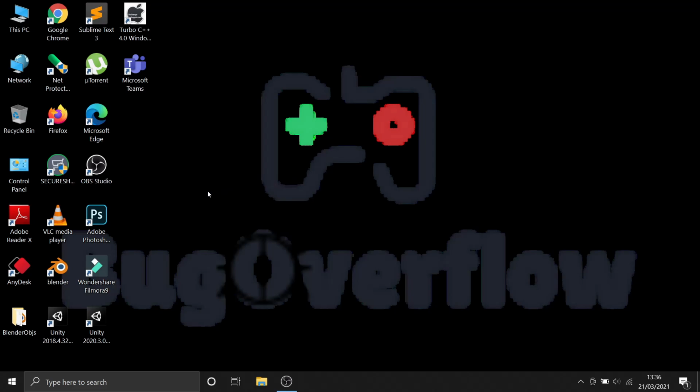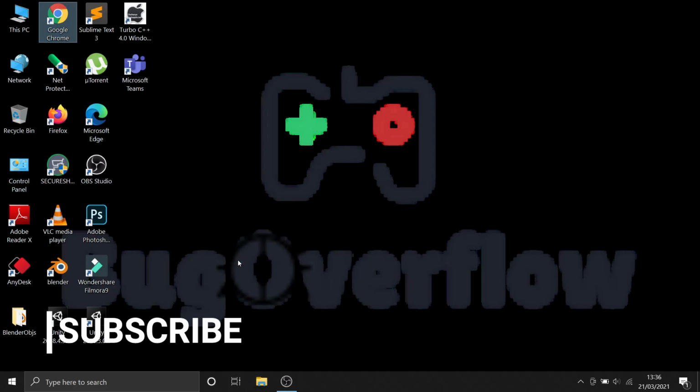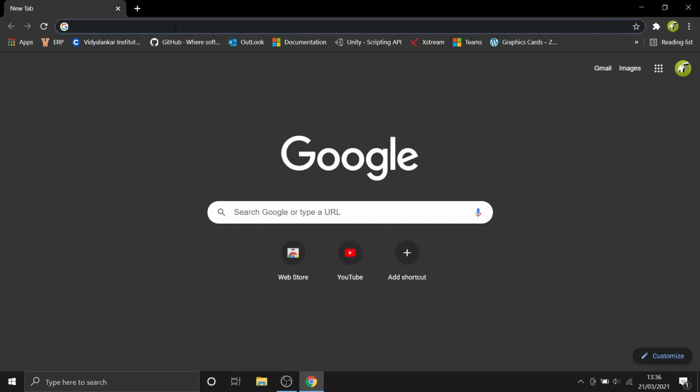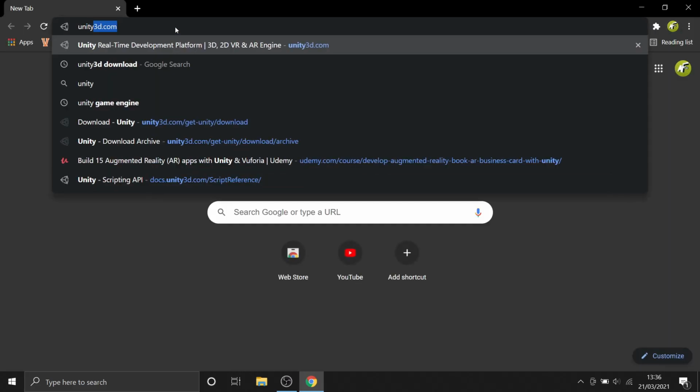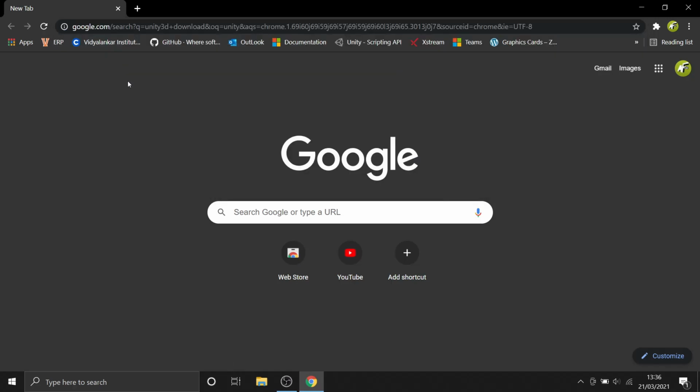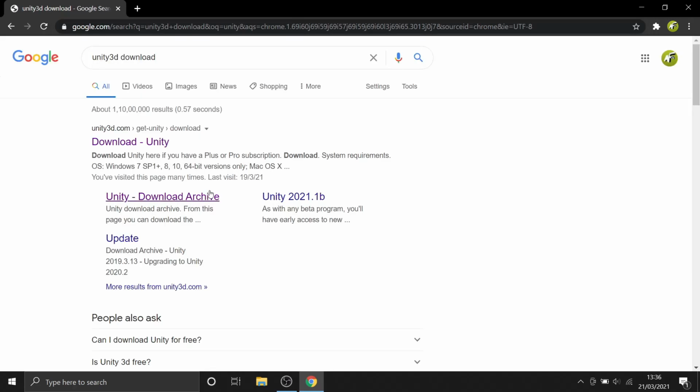First, you need to have a Unity 2020 application in your system. To download that, there are two easy steps you need to follow. Search Unity 3D download and click this link, Unity download archive.